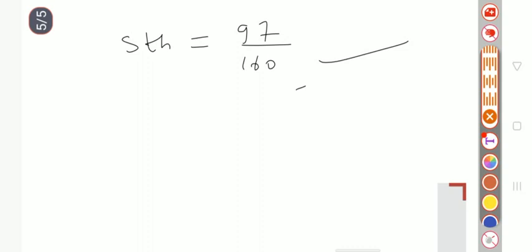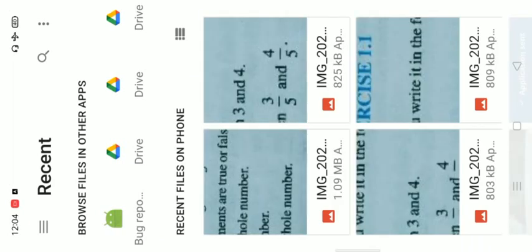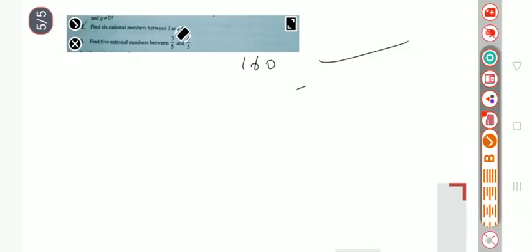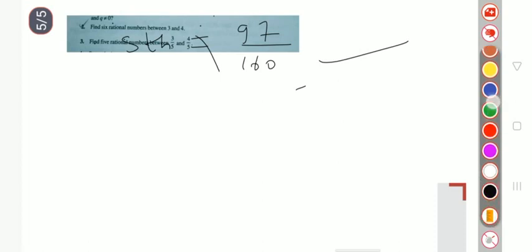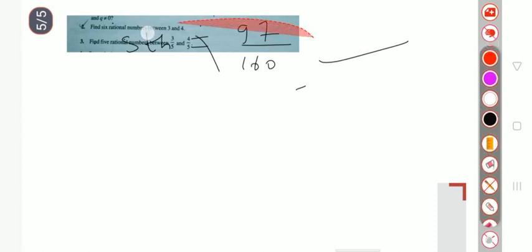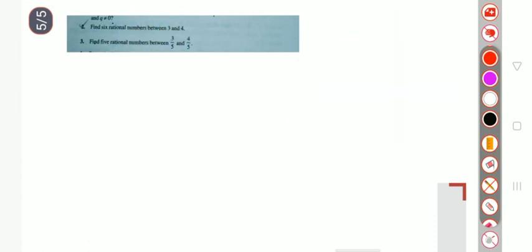Just 1 second. Yes, I think, is it visible? Just 1 second. Yes, now second question is asking find 6 rational numbers between 3 and 4. 6 rational number between 3 and 4. Okay, so